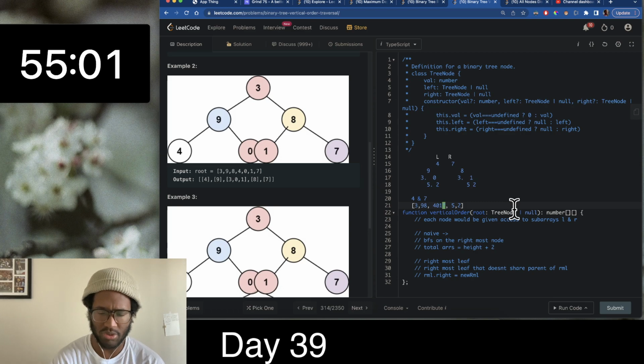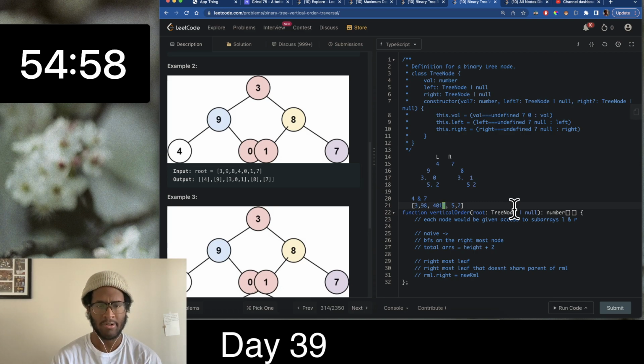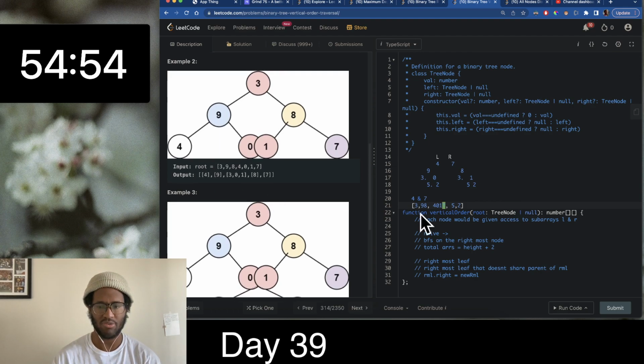We can get 4, 0, 1, 7. I think there's definitely something here about doing the first level order traversal to get 4 and 7. And then if you could do a level order traversal there, what if we visualize this as a new graph